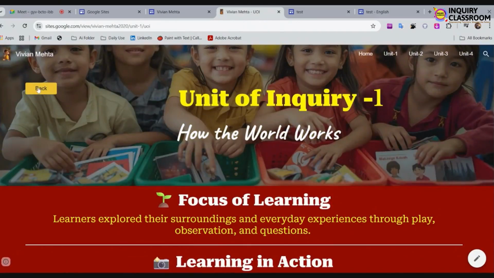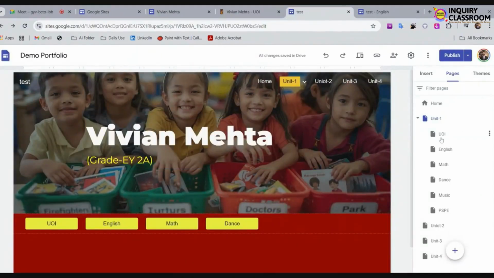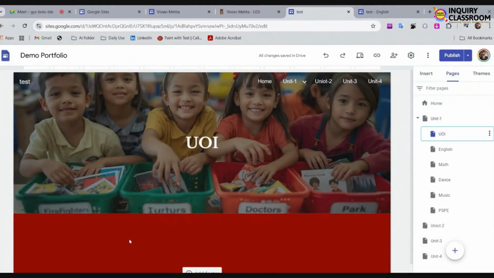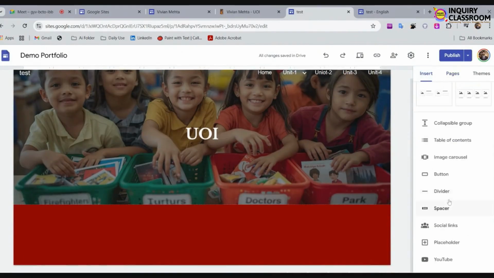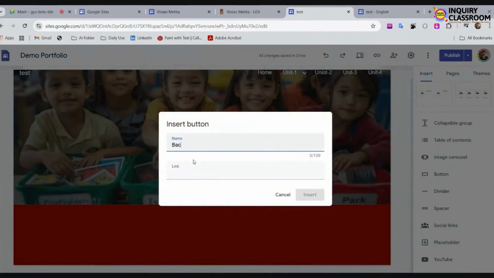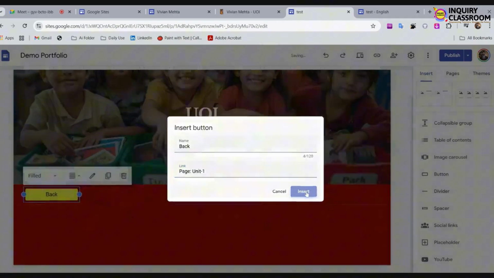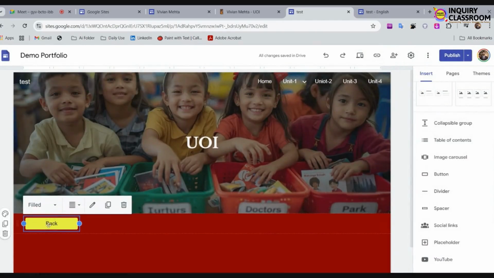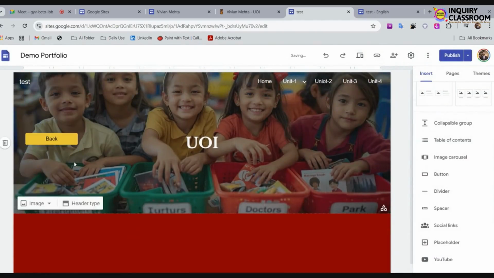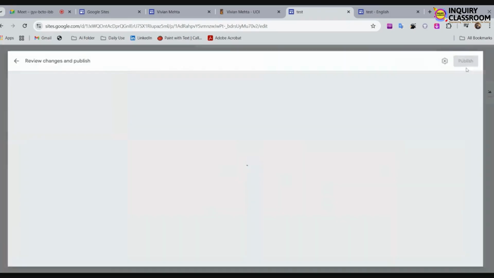So how to add this back button on this page? We have to go to the unit of inquiry page and add one button, that is back. And we have to link it so that when we are on any page and click the back button, it leads us to the unit of inquiry page. We select unit 1, insert, and drag this button from here to the top. Now it is there, and we can reduce the size like this, and we can publish it